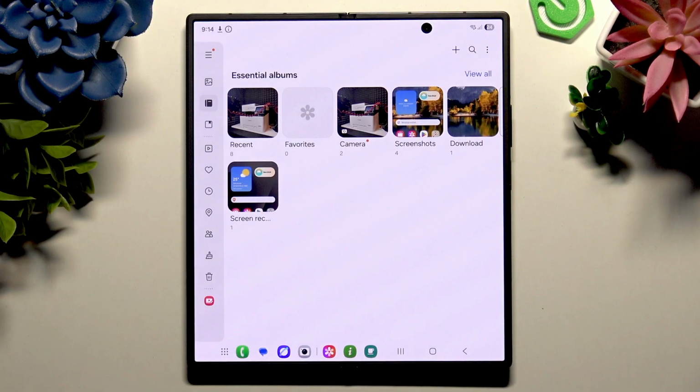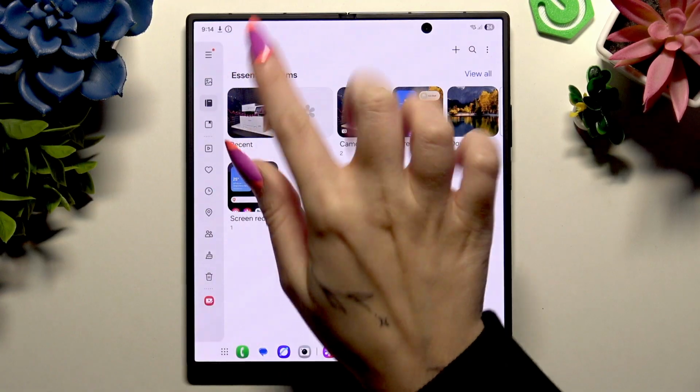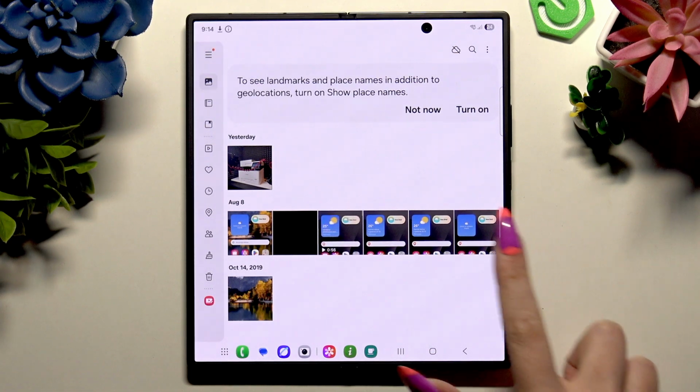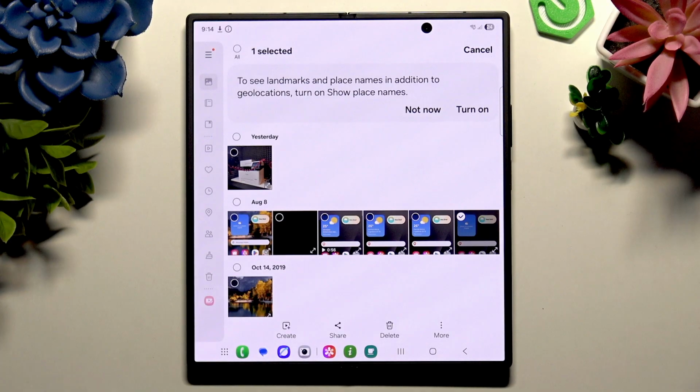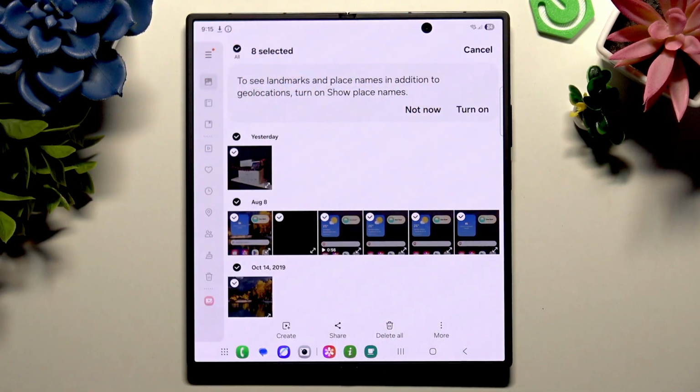Now, most people don't know that there's a big difference between deleting photos from one of your albums and from Photos section. If you want to delete them from Photos section, after holding one of them, you can use those dots at the top right corners to pick multiple, or select all at the top left corner here and pick